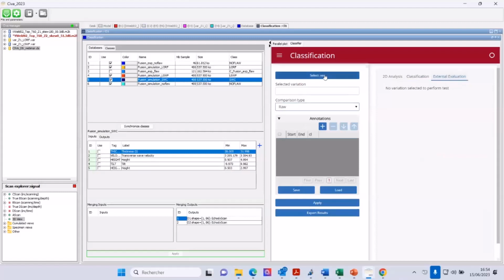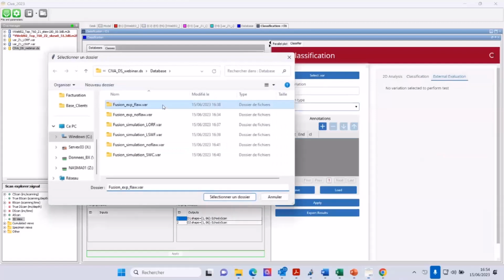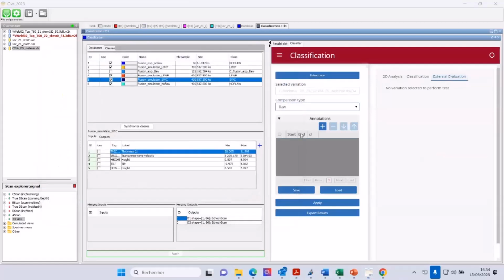So I will load here my experimental data with flow, and I will define the annotation. I know the annotations that correspond to the non-flow positions in the experimental data. So this is what I will do here.